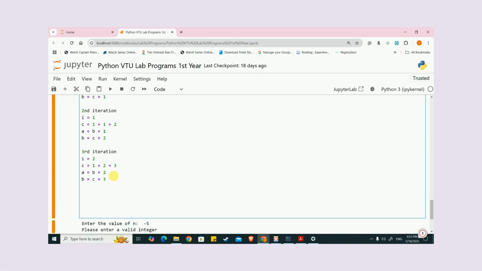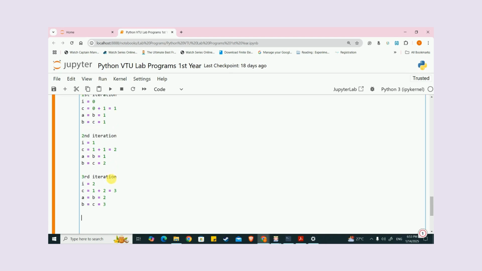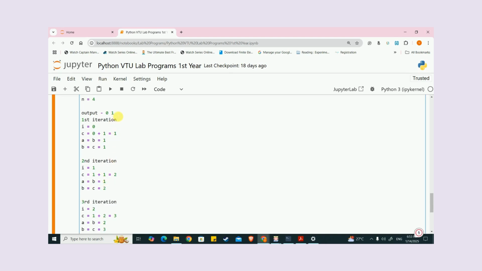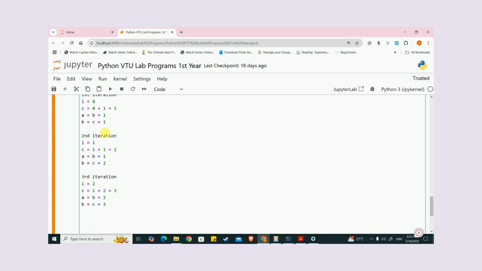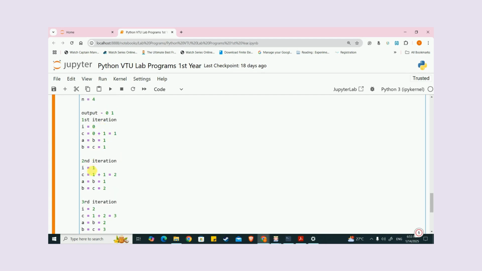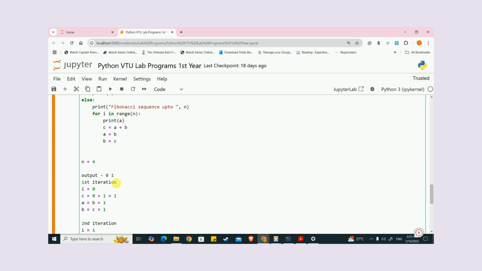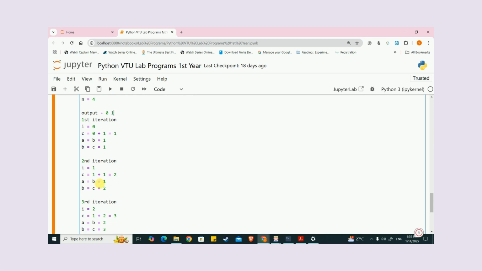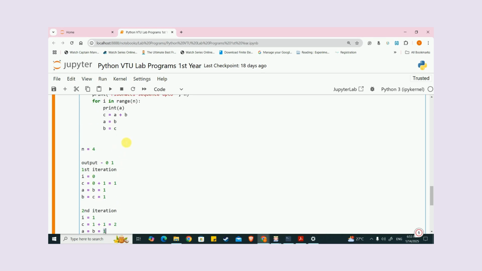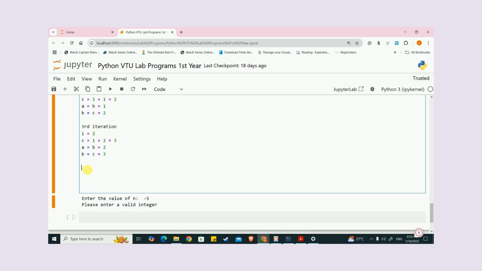I forgot to tell that in the first iteration it is printing 0. In the second iteration it is printing the value of a as 1. In the third iteration, you can see, again it is printing the value of a. What is the previous value of a here? It is 1. So 1. Fourth iteration,